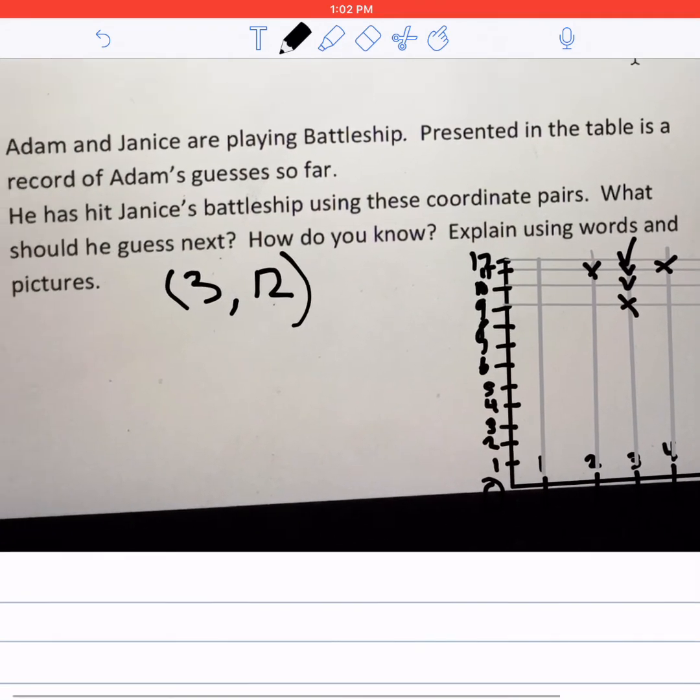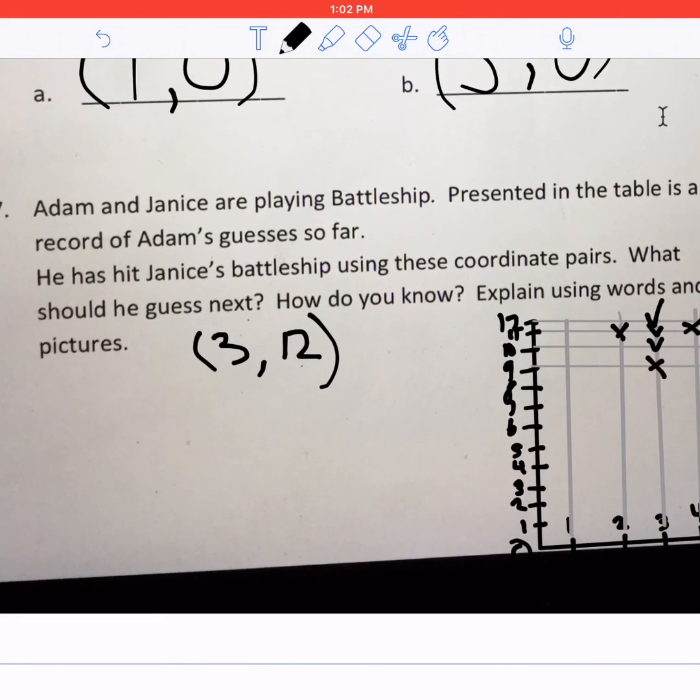I want you to explain in your own words below why 312 makes sense as a guess, and thank you